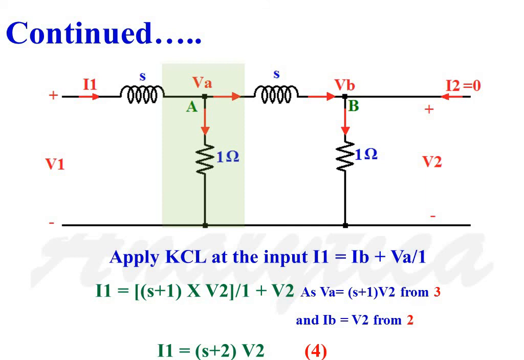Apply KCL at the input. We will get I1 is equal to IB plus VA divided by 1, where VA divided by 1 is the current flow through the leftmost 1 ohm resistor. So we can write I1 is equal to S plus